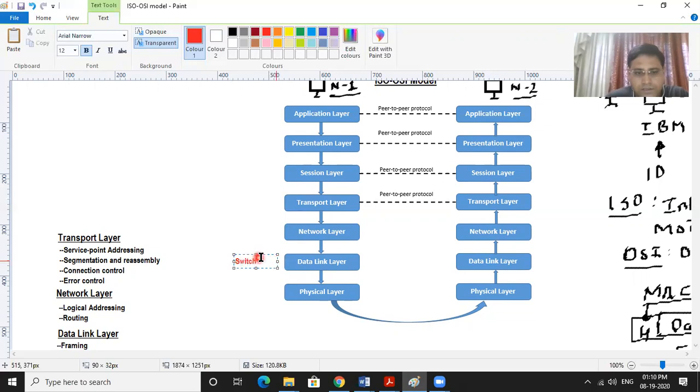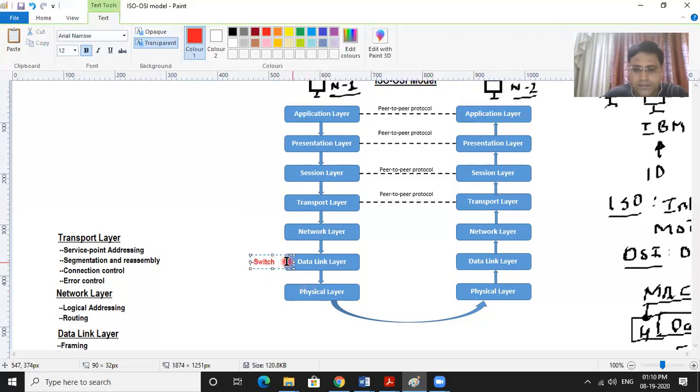switch can read MAC addresses, and data link layer is responsible to send data to the destination or to the receiver node within the network. Within the network, that's the main key. And within the network, switch is capable enough to read MAC addresses, that is the physical or hardware address of each and every node. So switch knows which node is there, and to whom we have to send that data. So at this layer, data link layer, we use switch, but